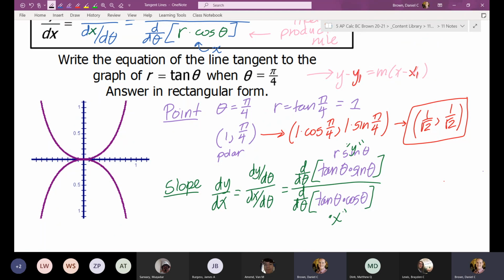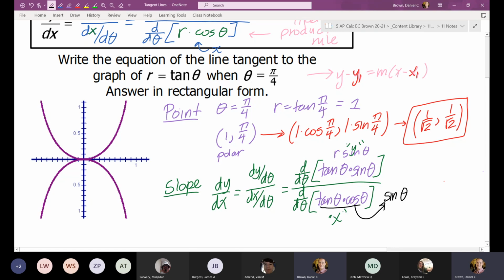No, so it's not worth rewriting. Tangent is sine over cosine, still going to be the product rule no matter which way I rewrite it. But tangent times tangent times cosine does simplify. What is that going to simplify to? Sine. Would you have to simplify it? No, but it does save you from doing the product rule 1 time instead